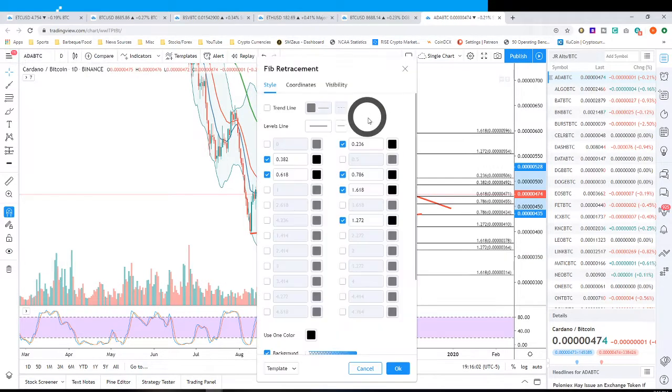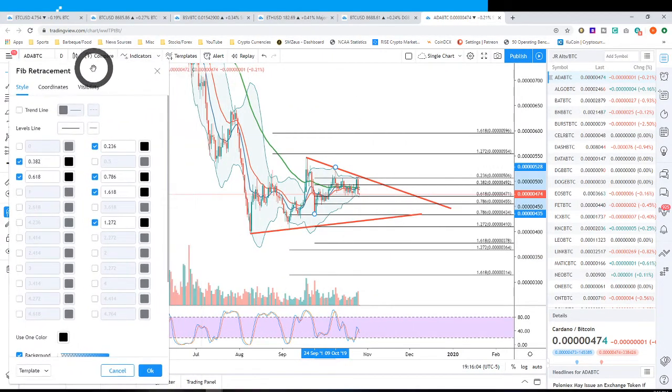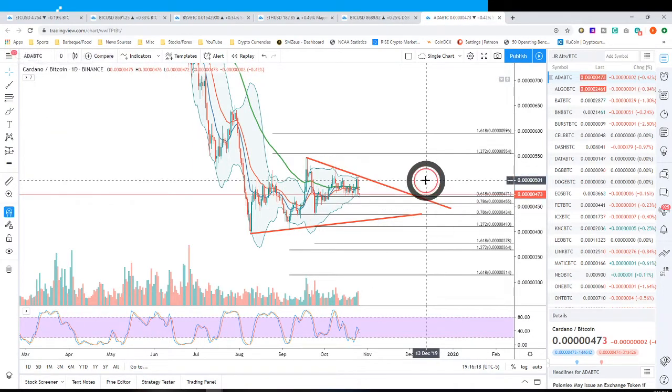And let's go ahead and go into the settings. We're going to take out all the junk. 23.6 is broken. 38.2 has broken. And it's sitting right at the 50% retracement. My guess,